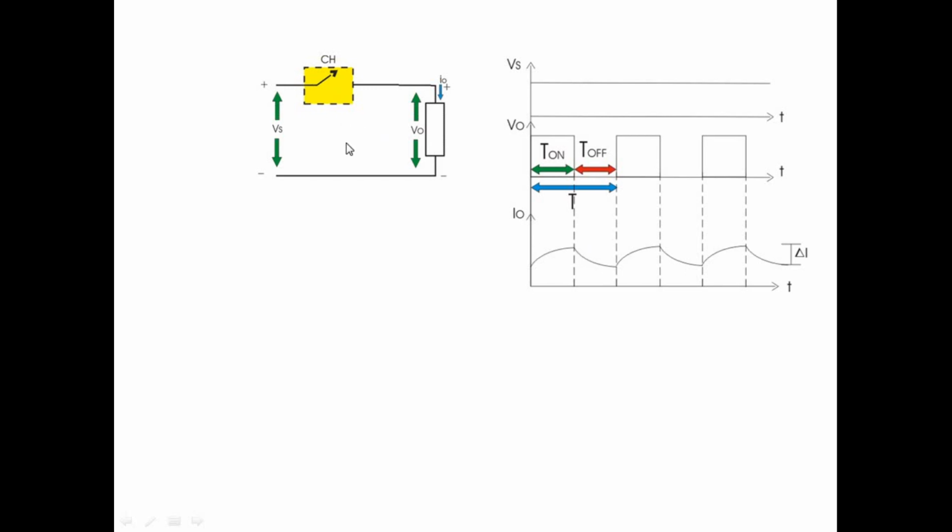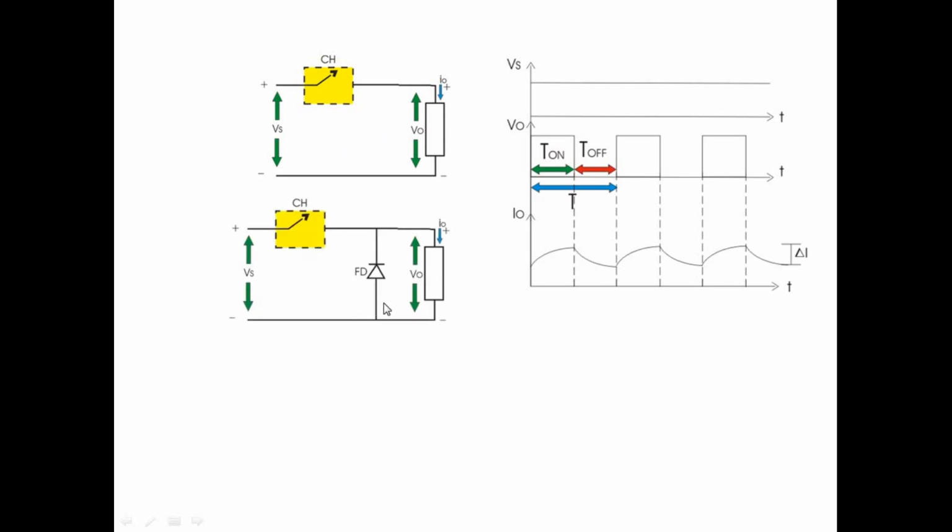So we have to connect a freewheeling diode, not to flow a current in this positive direction but in a decreasing manner. So during the off time, this freewheeling diode will operate, forward biased. Since the switch is off, the diode will be forward biased and this I0 will be decreasing. So we have to connect a freewheeling diode when we are using an RL load.